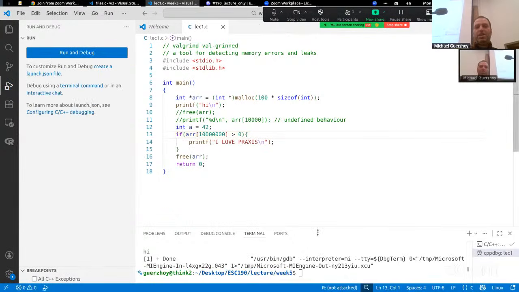Okay, so by the way, this would be the same error, just more drastic, where we are accessing an address that we're not supposed to access. All right. So the next thing that I want to do is